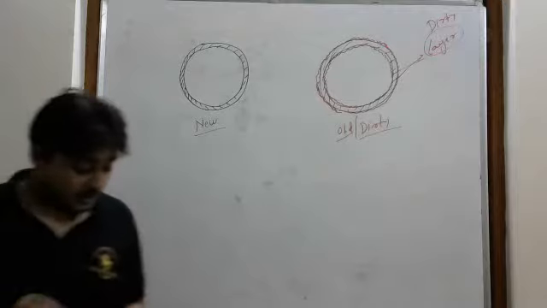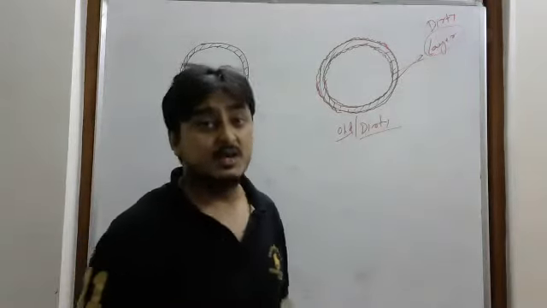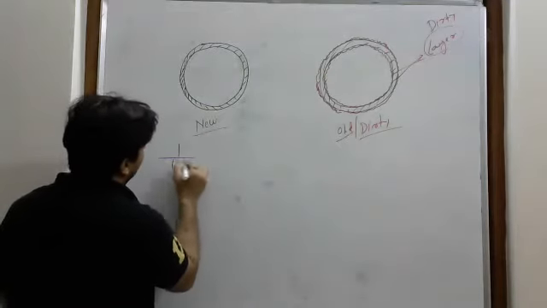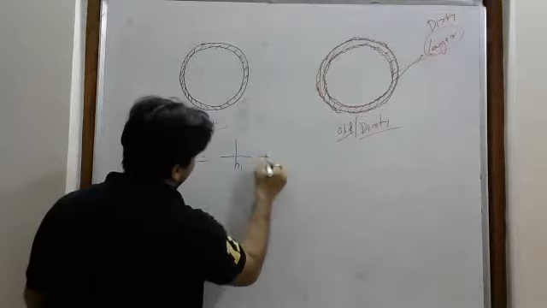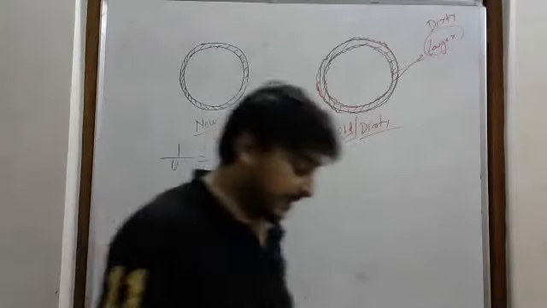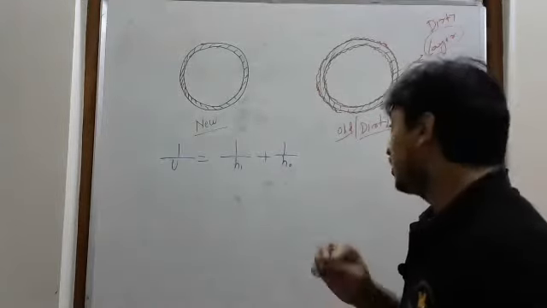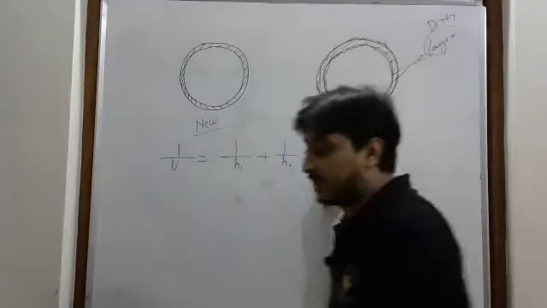Just now we found, when we neglected the conduction thermal resistance, or the thickness, that 1 by U equals 1 by Hi plus 1 by Ho. That's why I did that derivation also. Otherwise there is no use. If I had told you like that only, you would not have understood the fouling factor after that.